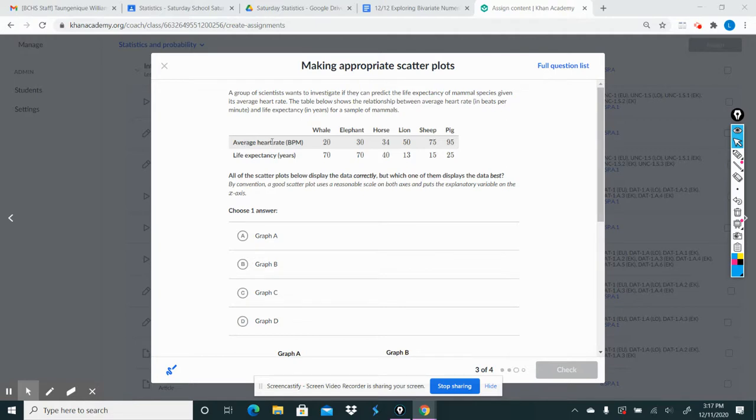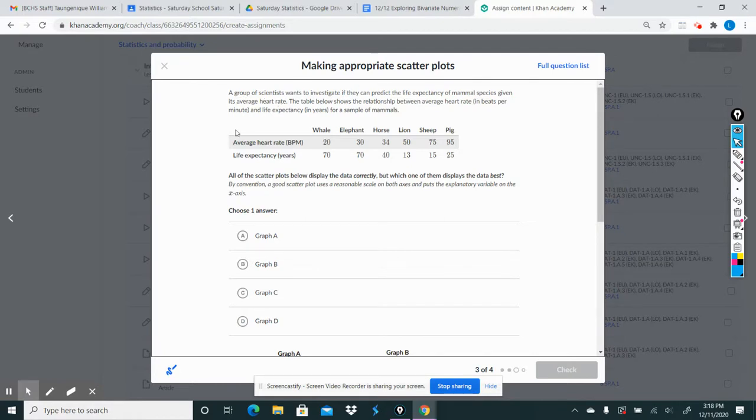So the average heart rate and life expectancy. The explanatory variable here, for the x-axis, would be the average heart rate because we want to predict the life expectancy given the average heart rate. So remember, when you're creating a scatter plot and you have to understand which is your x and your y axis, the what we're given,